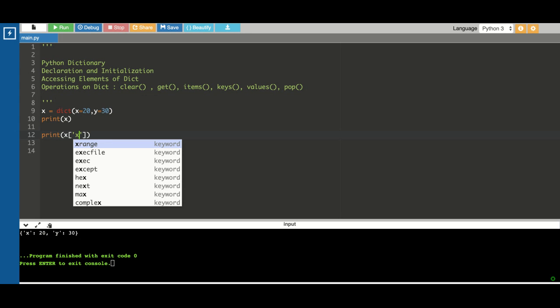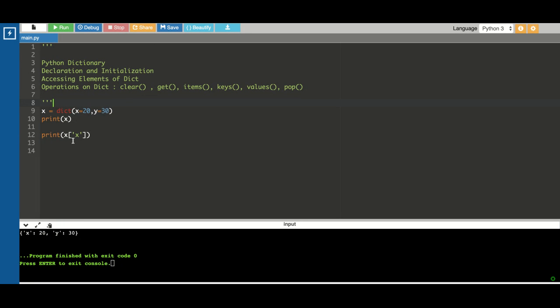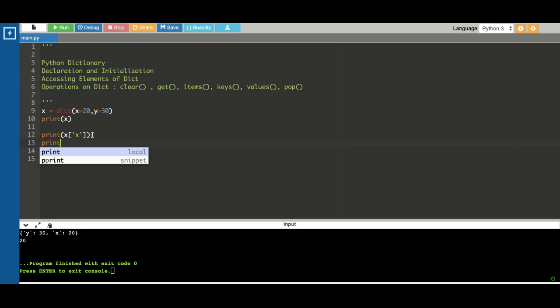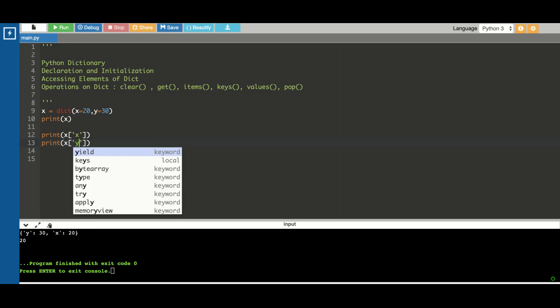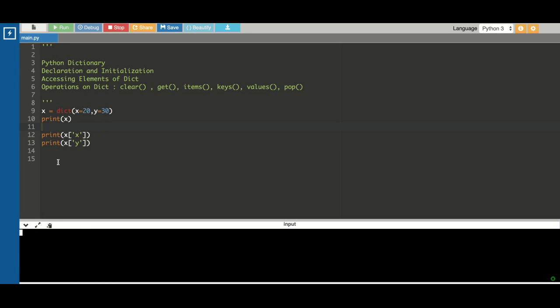Our key is x, and here you can see 20 is printed for x. Similarly, if you want to print the value corresponding to y, we will use the y key. You can see. So for accessing the elements of a key value pair, you have to use the key as an argument to fetch the value.